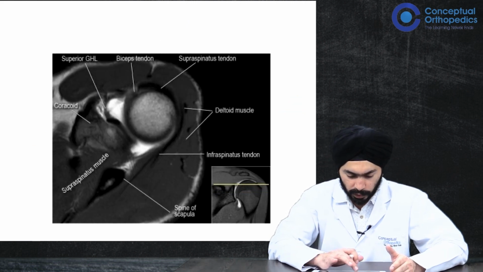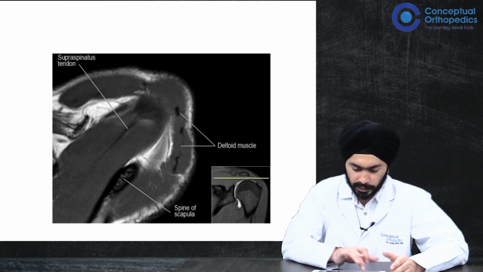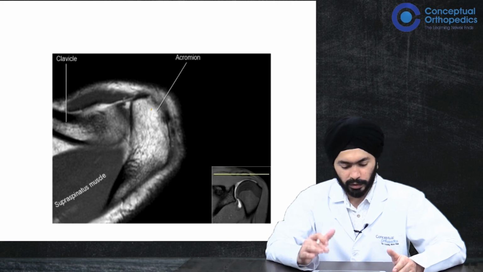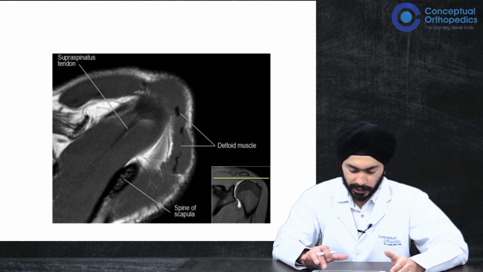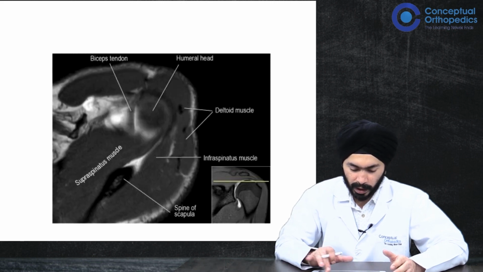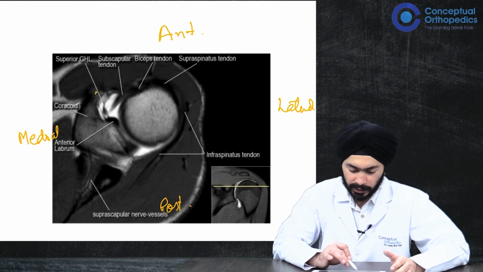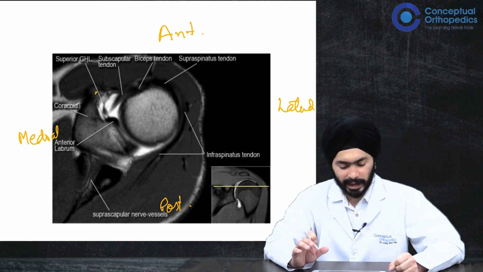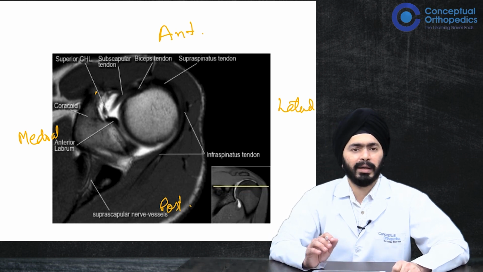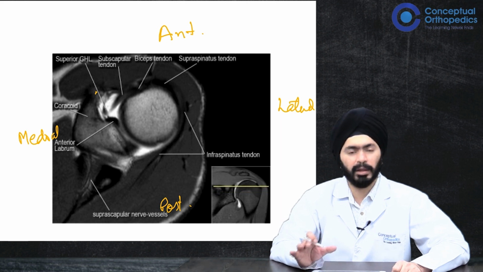So going back, when we started from the topmost sections, in the topmost section you see the acromion, the clavicle. As we go down, you will see the spine of the scapula, the coracoid we were seeing. We can see the labrum also here. On axial sections, what is important to look for pathology is your labral pathologies, the tears of the labrum, the tears of the anterior or the posterior labrum.